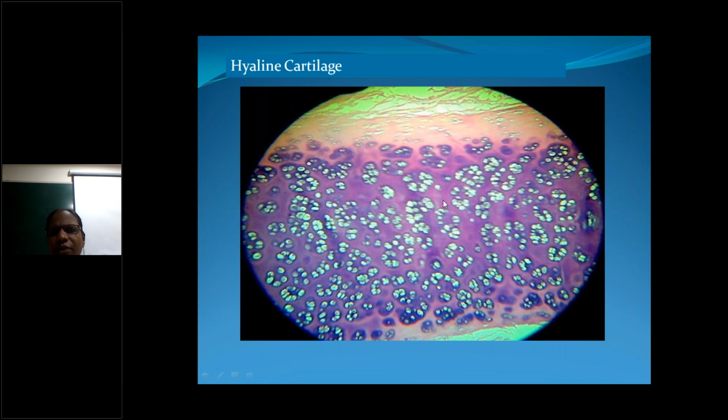So coming to the structure of the chondrocyte, you are able to see 2 to 6 daughter cells. They are present in a space. That space we call lacunae. The daughter cells' opposite surface is flat, so they appear in a D-shape appearance. 2 to 6 daughter cells present in a space, that space we call lacunae.